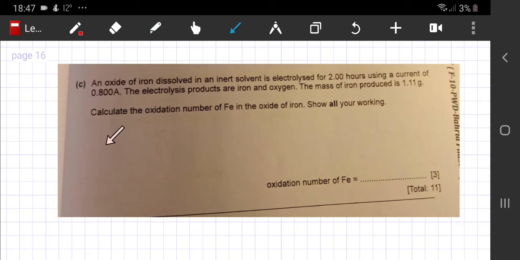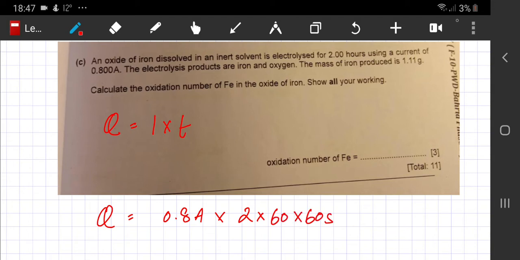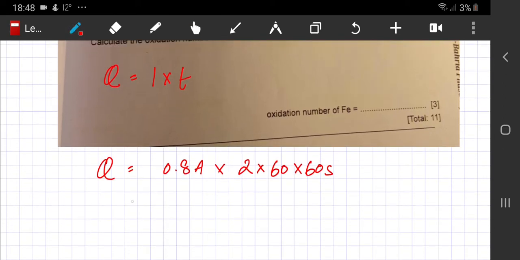Now, the very first thing that you can do is you can figure out Q is equal to current into time. That will give you the amount of charge that is flowing. So Q is equal to current, which is 0.8 amperes, and it's been going on for 2 hours. So that's 2 times 60 minutes into 60 seconds. And this gives me, on my calculator,